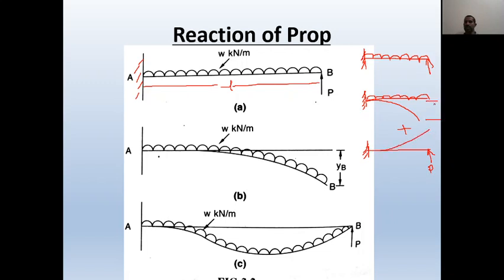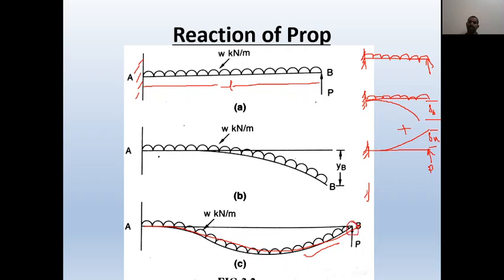Let us say this is delta d, downwards, and let us say this is delta u, upwards. Now, due to the combination of these two, the actual deflection will be like this. As a result of having a prop reaction and also having applied a UDL, the actual deflection profile will be like this. So that means zero deflection over here.